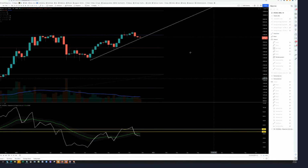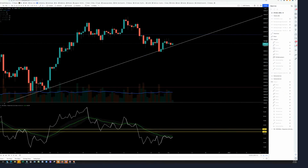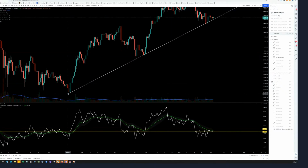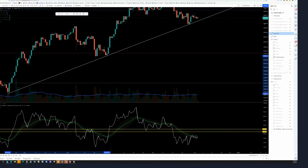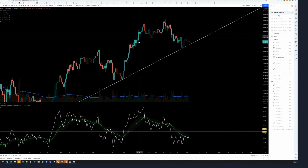So when price hits that, if we go to the daily, have we hit it? And we'll just be a bit more accurate. If we've hit it, it could potentially be a second touch. My expectation, remember I said it's going to be a bit boring. What we can see here on the daily is this average, the green middle part, which is the moving average for this RSI,